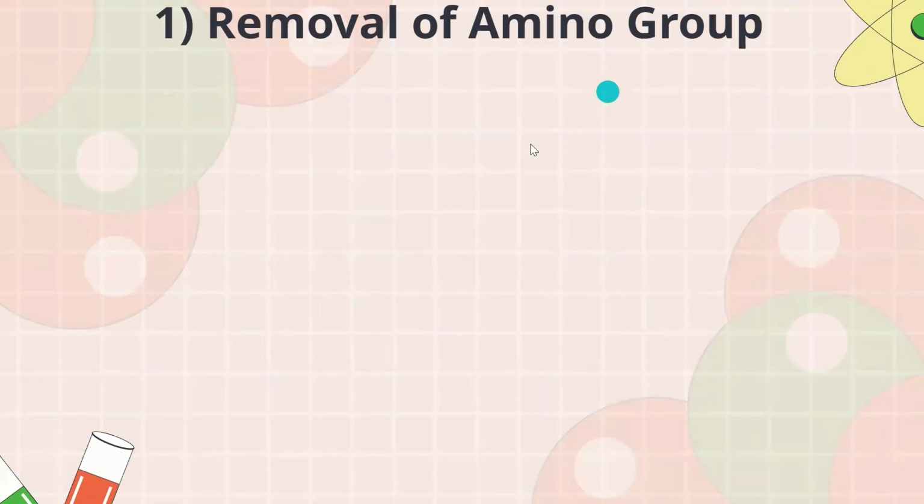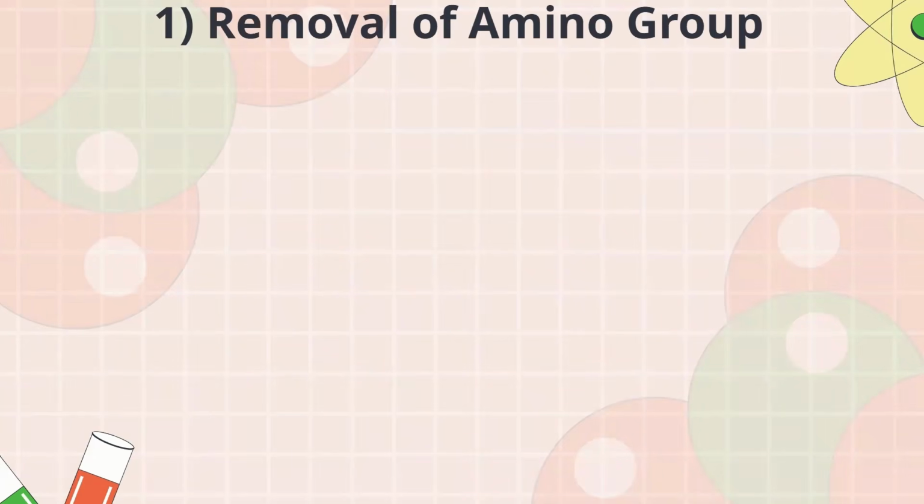So the first thing from the objectives we have is the removal of the amino group. The removal of the amino group, okay? Some amino acids can be useful upon the removal of the amino groups, where they contribute to the Krebs cycle, as we talked about, and how they enter gluconeogenesis for glucose synthesis, right?